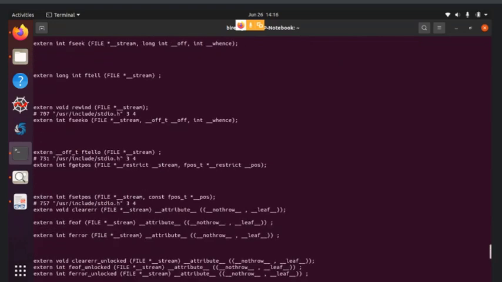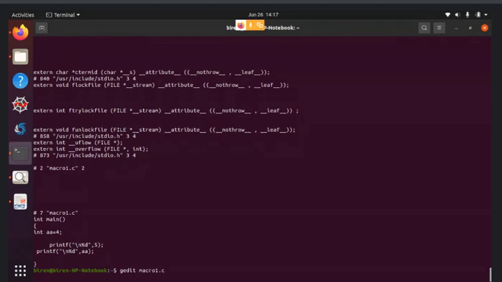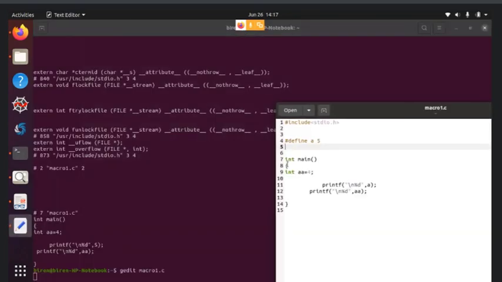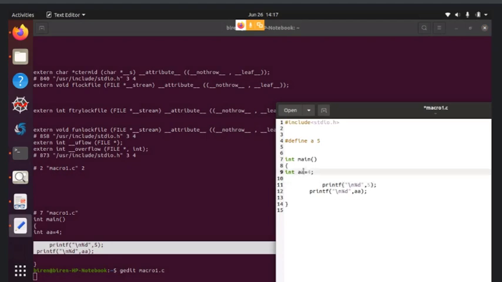Now you can see what the role of the preprocessor is. The role of the preprocessor is to replace the macro with its value. So here is the original code, let me edit macro1.c. The original code is this. If you give this code to the preprocessor, then what would the preprocessor do? Here the a is replaced by its value because a is a macro. Now you can see here, a is replaced by its value 5. And what about the normal variable a? The preprocessor is doing nothing for the normal variable.